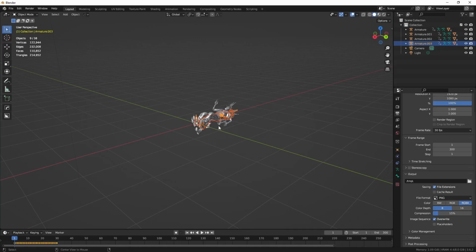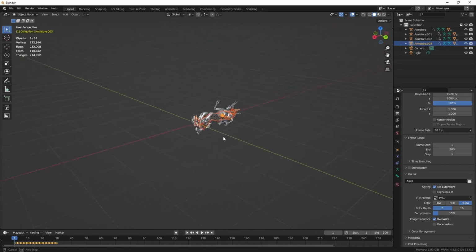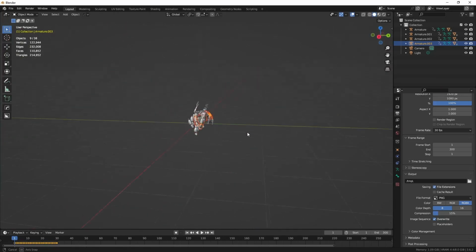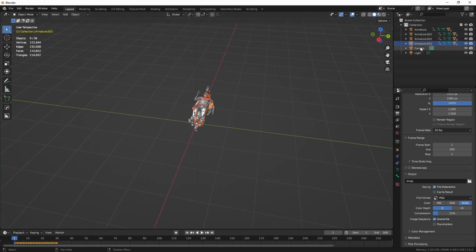Alright, there we go. You'll notice they look a little weird, and we also have many of them. Each armature is a different animation, so we only really need one. What we can do is highlight all the other objects except one armature, and then press X